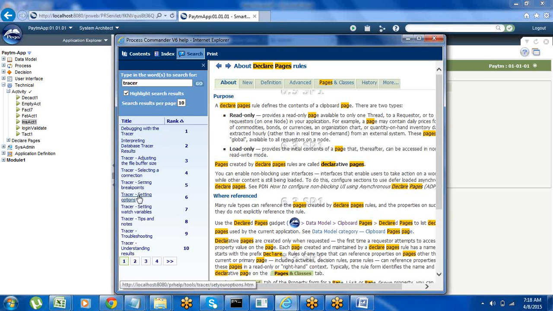If you want more information about any rule in Pega, this is the best material. I already shared some materials with you, but apart from that, you compulsorily have to refer to this developer help, because whatever you learn in the developer help, you will get in the certifications and interviews also. In the interviews also they will ask these things only.